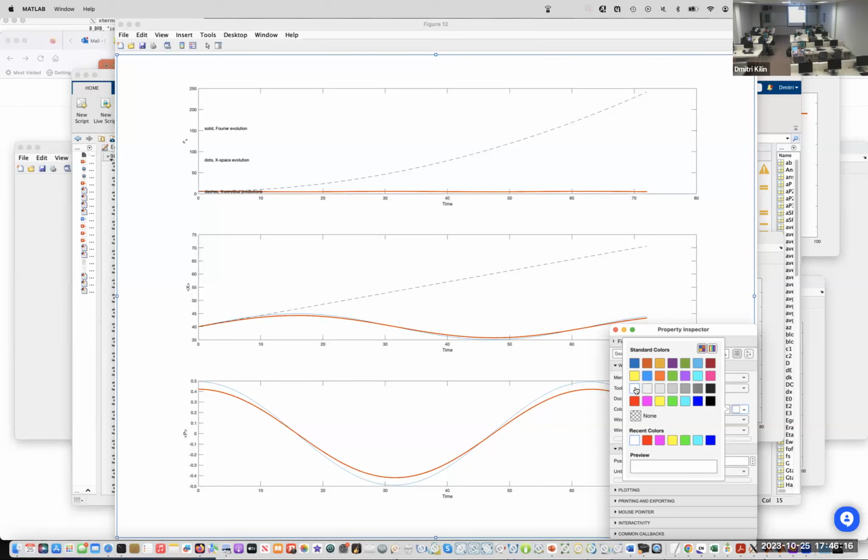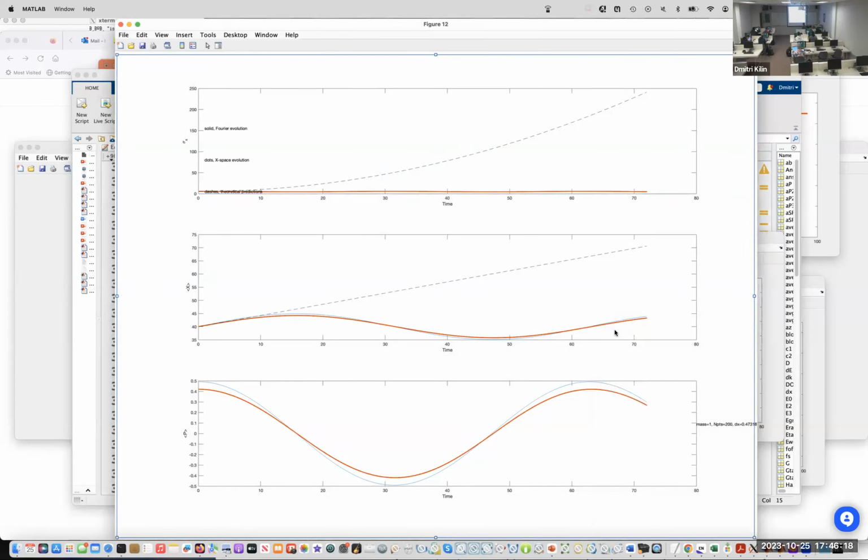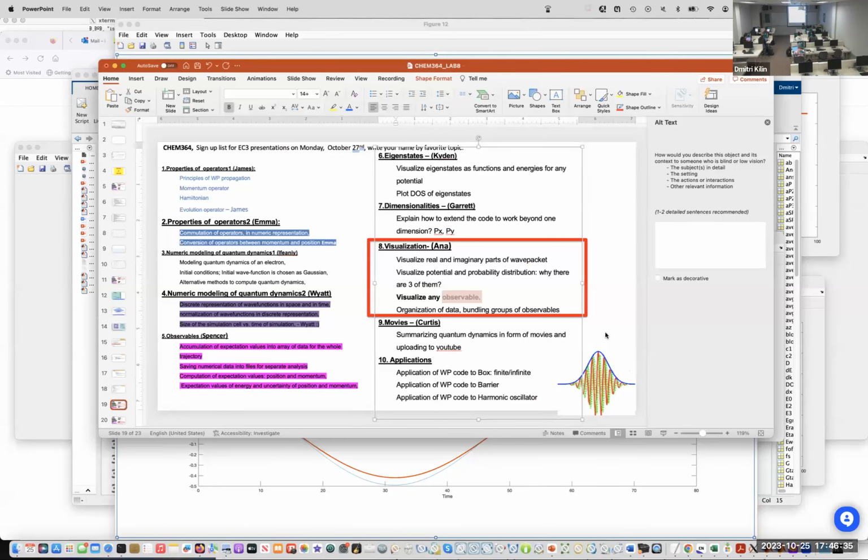Well, there are many little tricks, and the data can be saved into files and then plotted with your favorite plotter like Origin or Excel, but MATLAB gives competitive quality of figures. Okay, Anna, any questions about this subject?